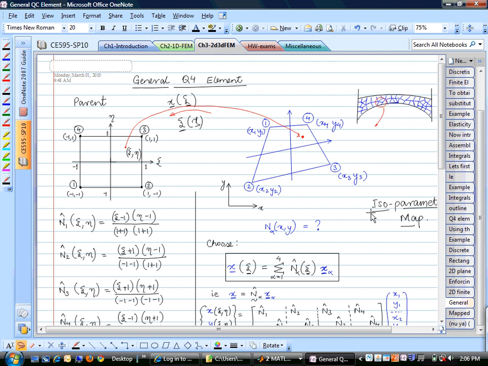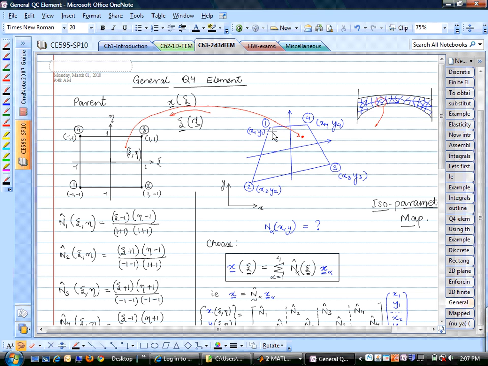So the idea here is that we are using the same to calculate the value of x. Let's say I have a point C and eta in this element. I can find out where this point is actually in the real mesh by using some sort of an interpolation over this element. And the idea is to use the exact same shape functions that we used to approximate our